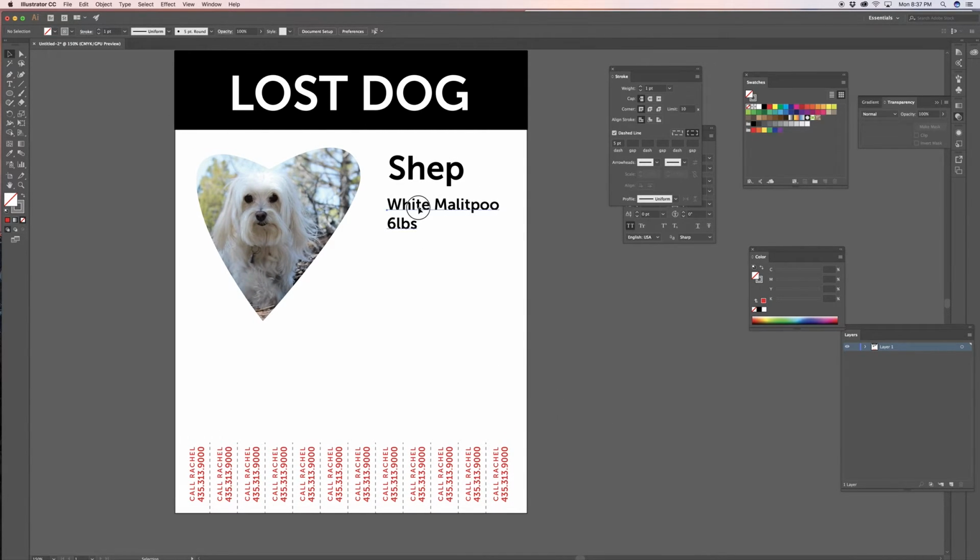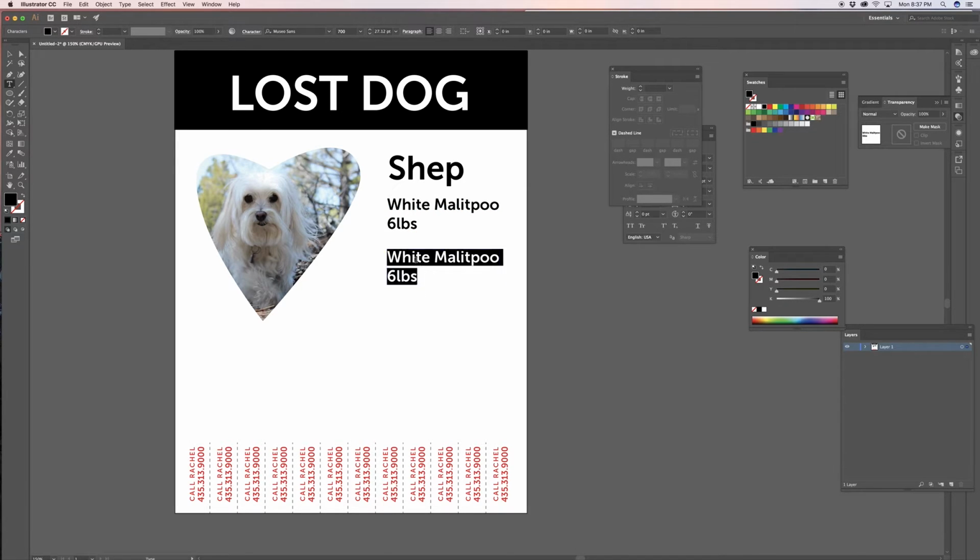And then maybe I want to put a date. Lost at, let's see, St. George Dog Park on January 15th. He is mean. Approach with caution. And if you notice, my type is going outside of this area because I actually did a